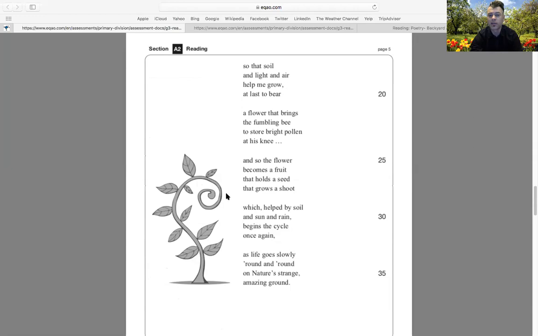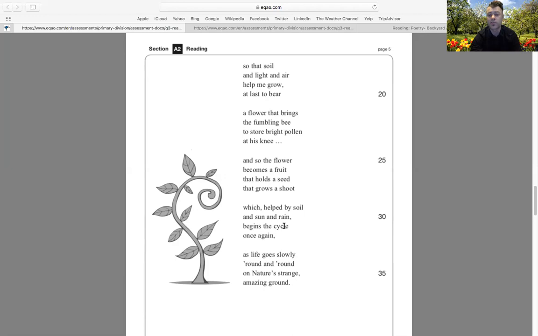So now it's getting a lot bigger. A flower that brings the fumbling bee to store bright pollen at his knee. So now the plant is flowering, and then the bees are all over it. So it starts off with this small seed, which becomes a shoot, and then it becomes almost this big plant,